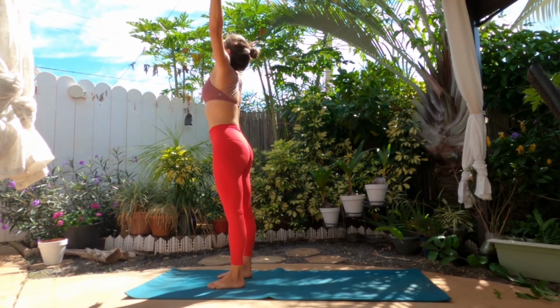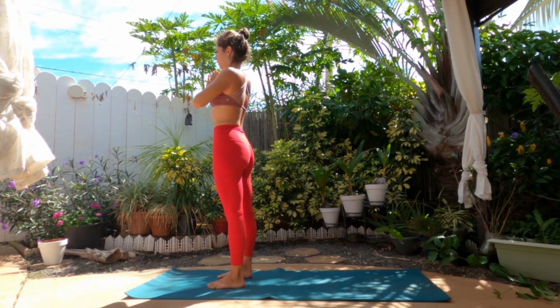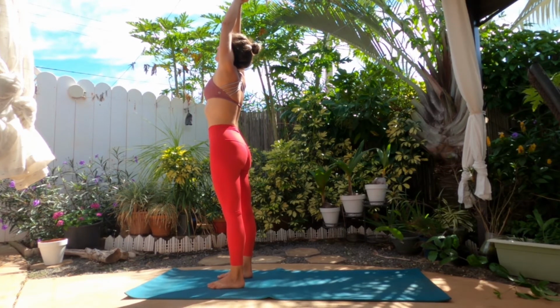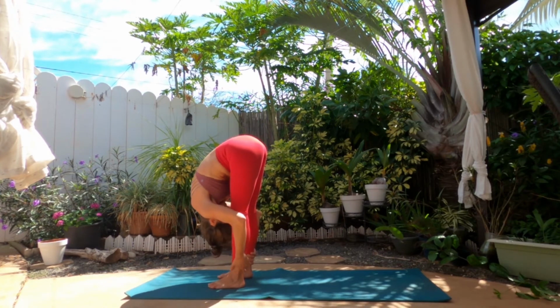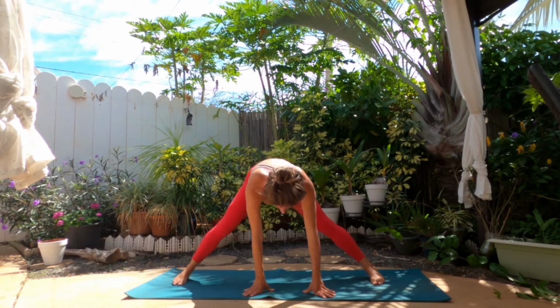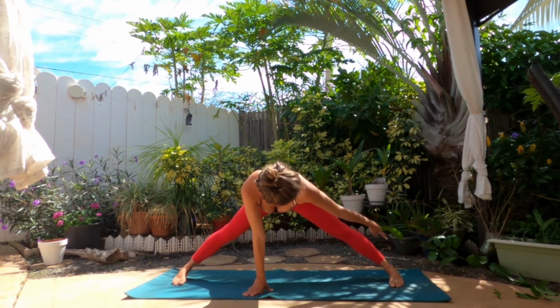Inhale, reach up high. Exhale, hands to heart. Inhale, reach up. Reach, reach, reach. Exhale, fold. Hold on to the back of the shins. Inhale, half lift. Exhale, bring your left foot sideways for a wide-legged